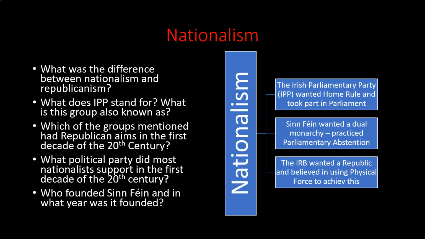So very much the furthest end of nationalism, the most ardently nationalist group of these, okay, and they want a total republic. They want Irish government, Irish president, no connection with the king or queen, no connection with the British Parliament whatsoever. Okay, so three different groups, they all fall under nationalism. So when we talk about nationalism, all three of these groups will be included within there. Okay, but as you can see, there are differences between each of them.